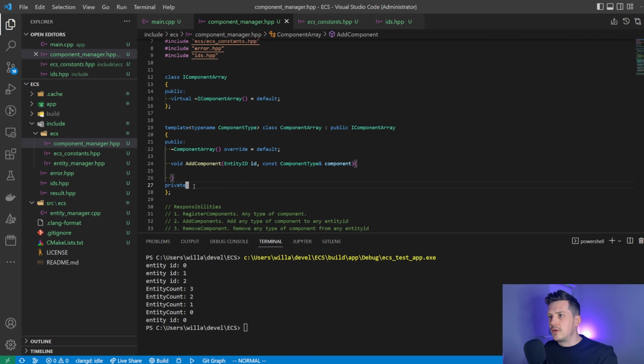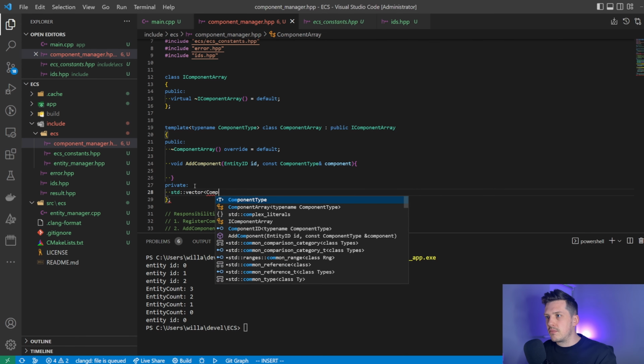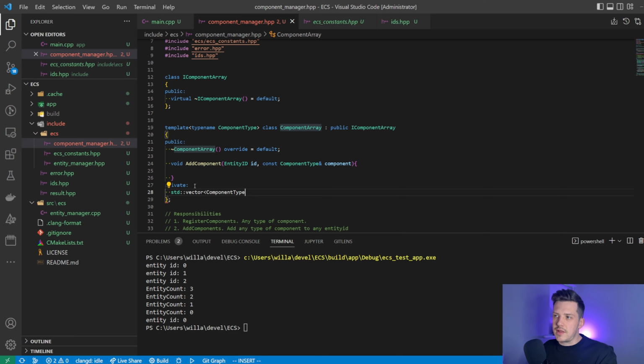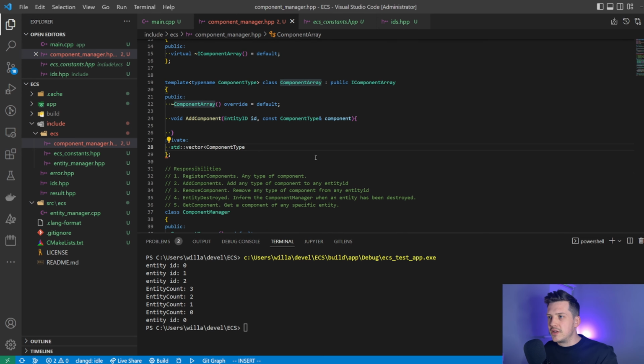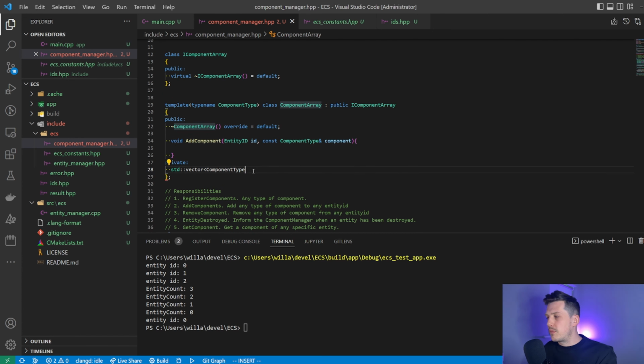So when we add a component, we need to make sure that all of our components for that type are in a contiguous array. So we're going to use a vector here. And I understand in much of the design that I've used here, there will be bugs and there will be performance improvements that we could make, but that's stuff that we could do for a later video. And if we find issues, then we can improve it. But for now, this is what I'm going to do, and I think I'm happy with it. So we're going to have a std vector of component type,